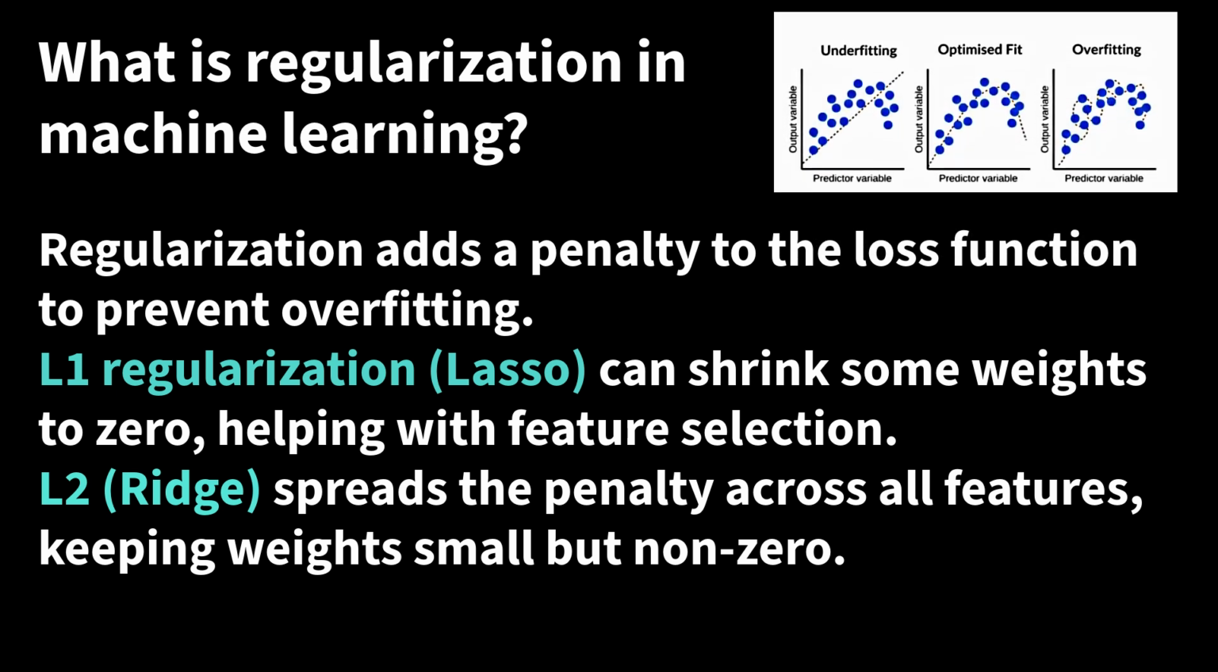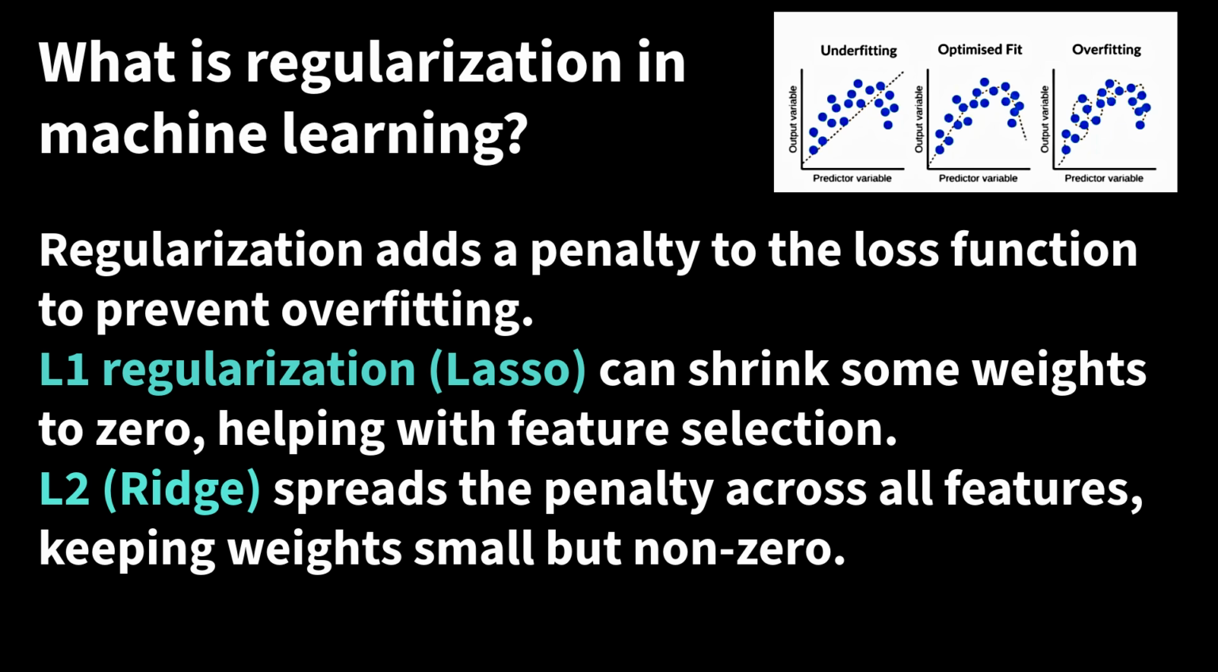What is regularization in machine learning? Regularization is like a leash for your model. It stops it from chasing noise. Regularization adds a penalty to the loss function to prevent overfitting. L1 regularization, or lasso regression, can shrink some weights to zero, helping with feature selection. L2, or ridge regression, spreads the penalty across all features, keeping weights small but not zero. I often use regularization when working with models like logistic regression or even XGBoost, especially on high dimensional data like